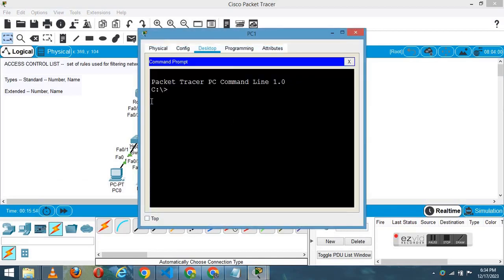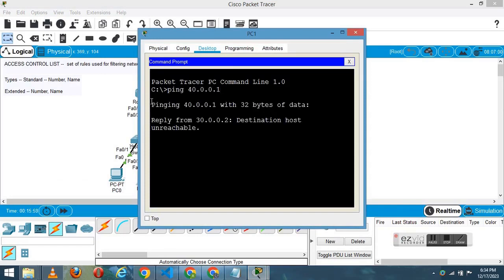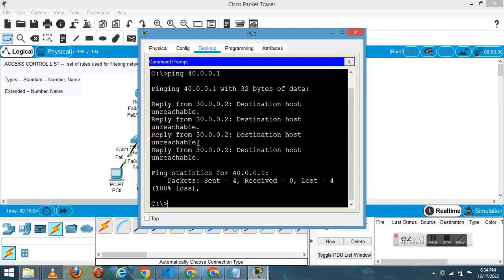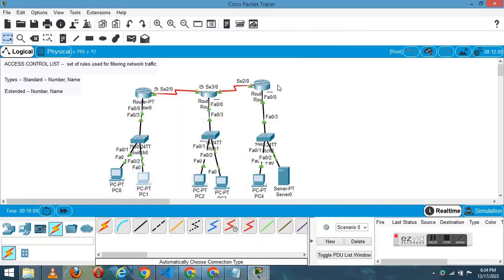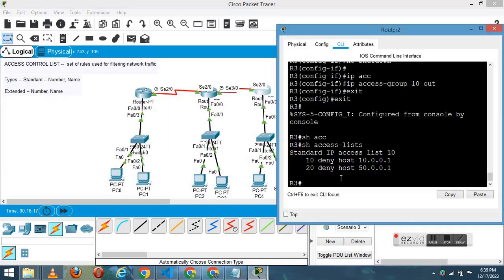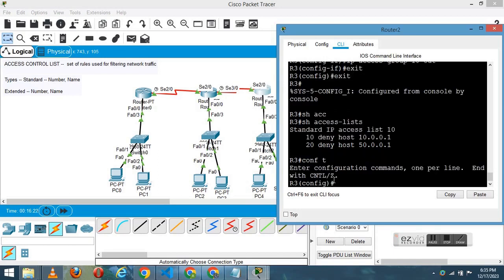interface. So let us try and ping the 40.1 network. It is not reachable, and we have not blocked 10.2, so from 10.2, if we ping 40.1, it is also not reachable. This scenario is termed implicit deny. The access list configured on FastEthernet 0/0 is blocking all the traffic passing by. So for this we have to